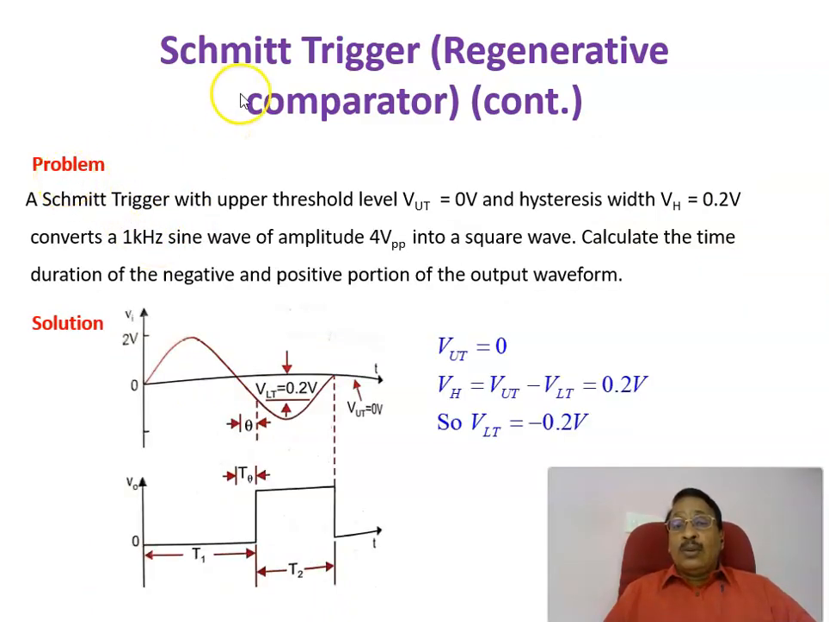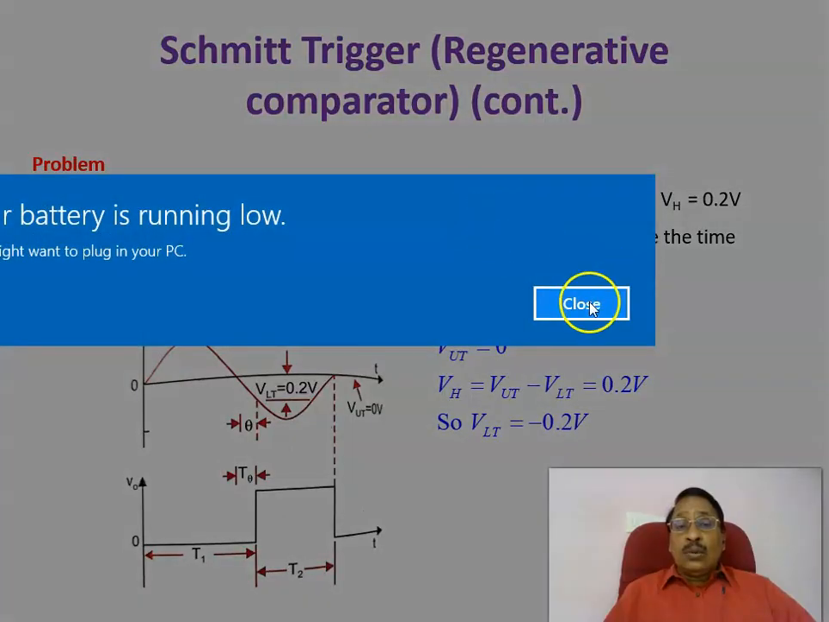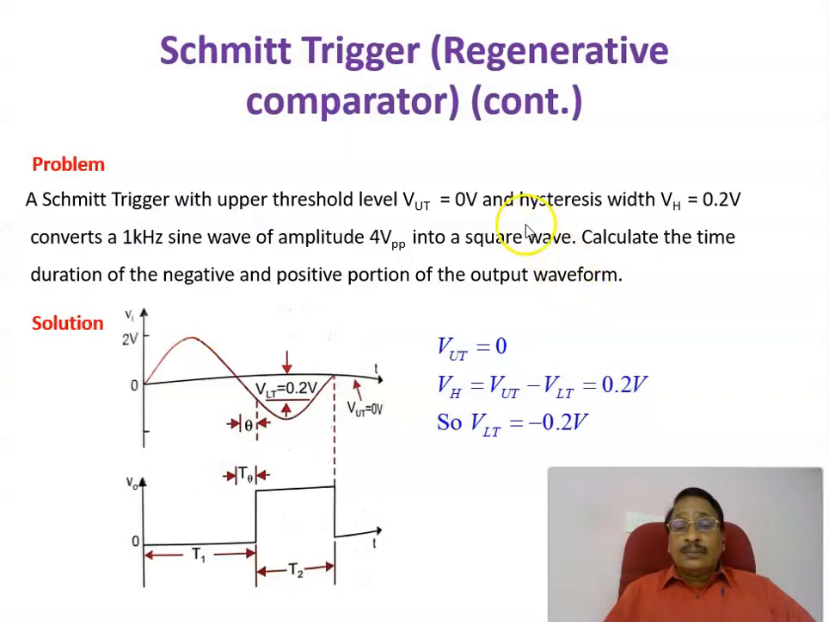There's another problem on a Schmitt trigger. A Schmitt trigger with the upper threshold voltage of 0 volt and hysteresis with VH of 0.2 volt. The hysteresis width is given. It converts a 1 kilohertz sinusoidal waveform